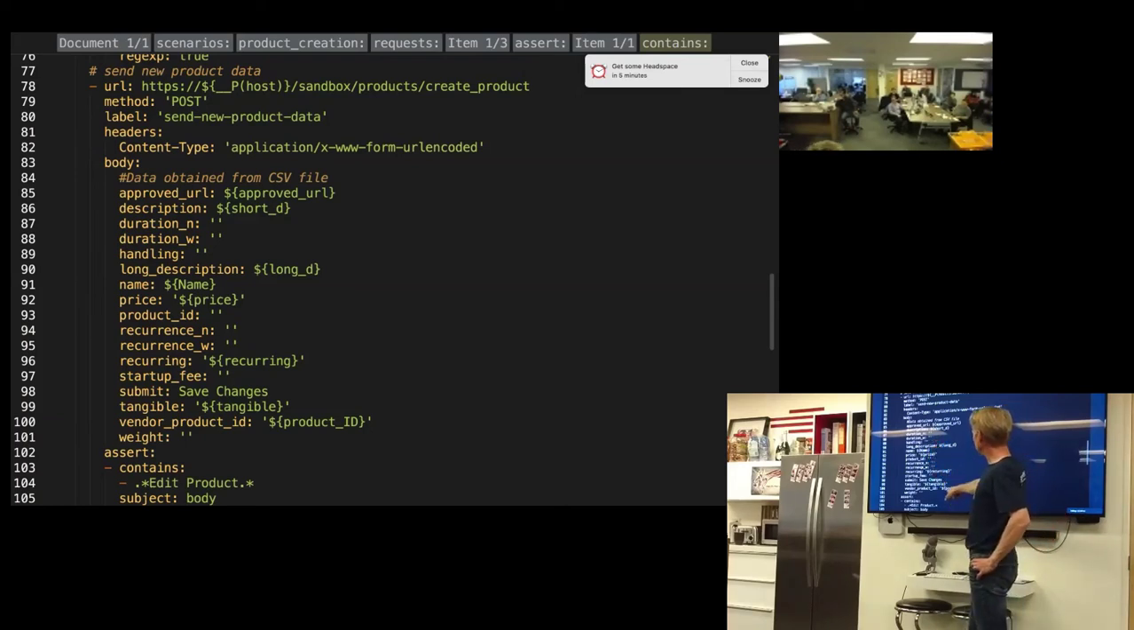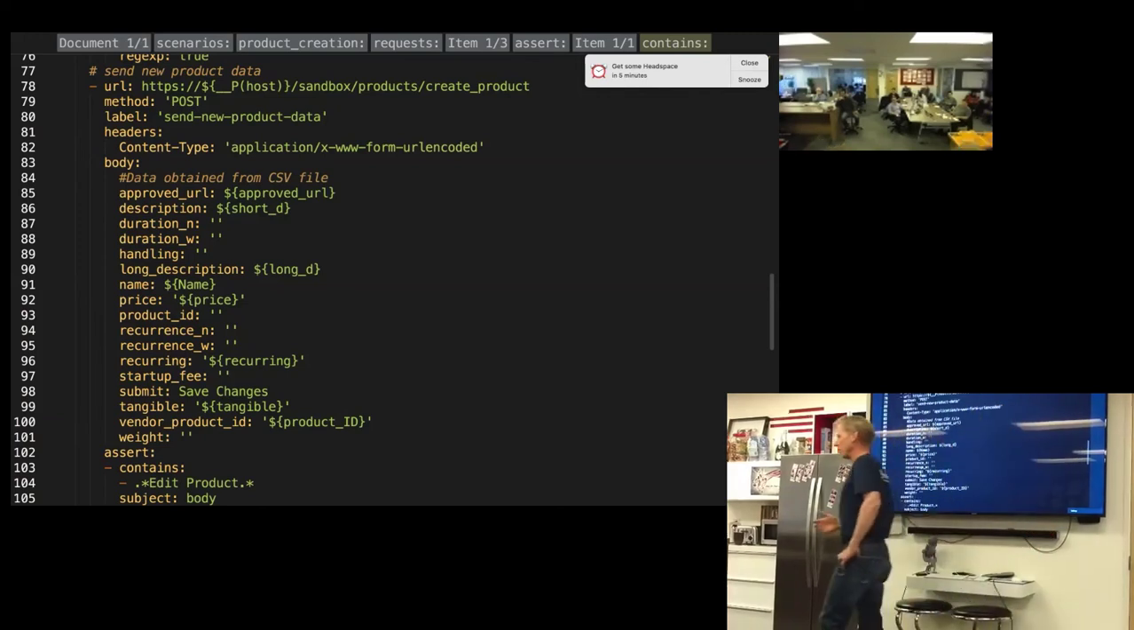Except the product ID is actually coming from the value we got when we parsed out the highest product number. But you're saying to yourself, wait a minute, if I parsed out what the highest product number is, I don't want to use that. I need to increment it by 1, right? So the way that gets done